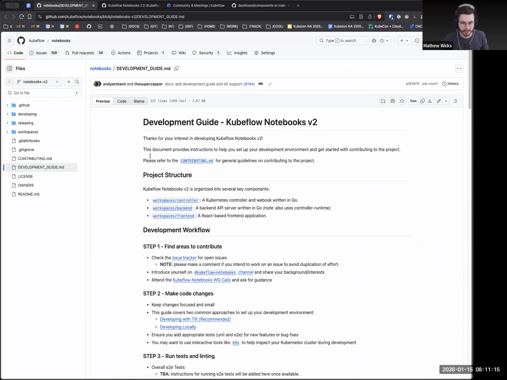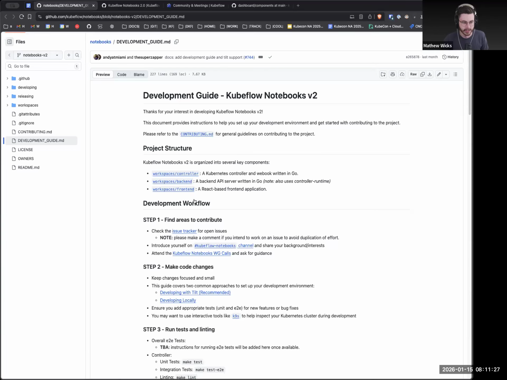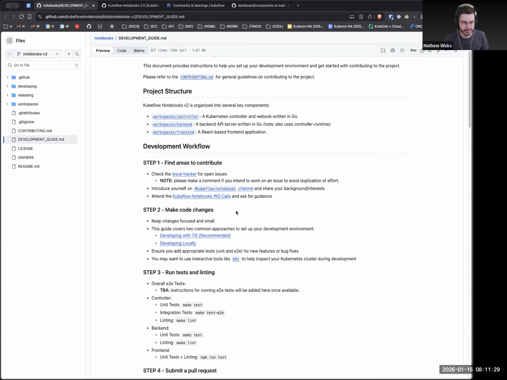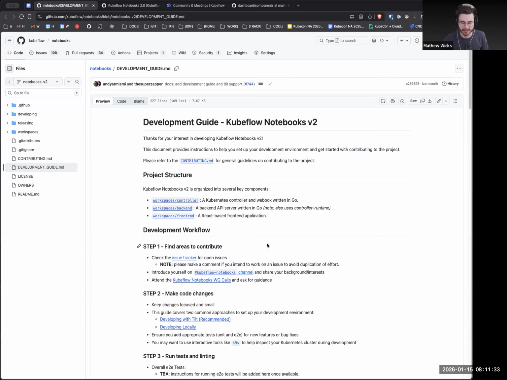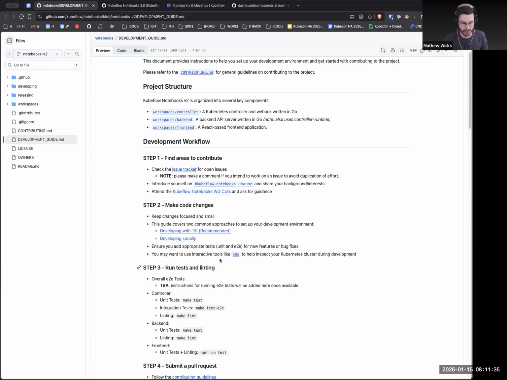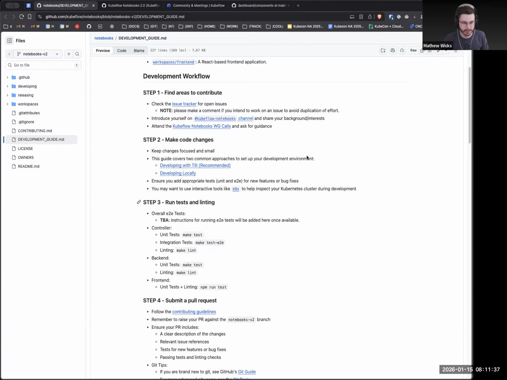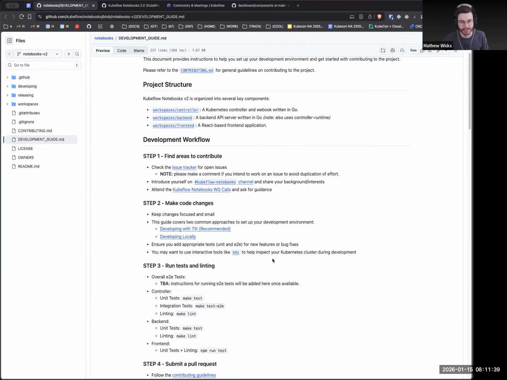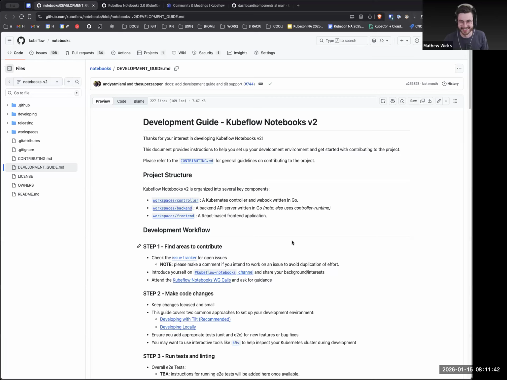The next thing is we always want to now call out the ability to run Notebooks 2.0 locally. This is not for end users yet, but it's going to get better very soon as well. There's a couple more things we're adding, but this is where I just want people to start when they're like, hey, Notebooks 2.0 right now, before it's shipped, this is the place you need to go under the development guide of the V2 branch. If you want to contribute, you're going to need to be able to use this. It's also great for testing for us if you have problems. It effectively should be one command on any machine. So that's the goal.